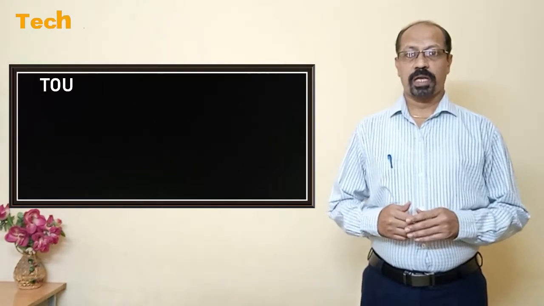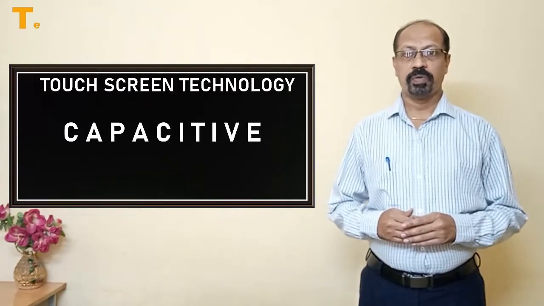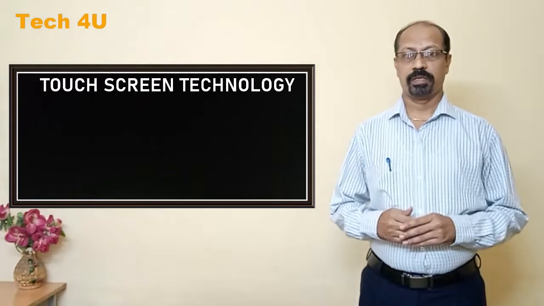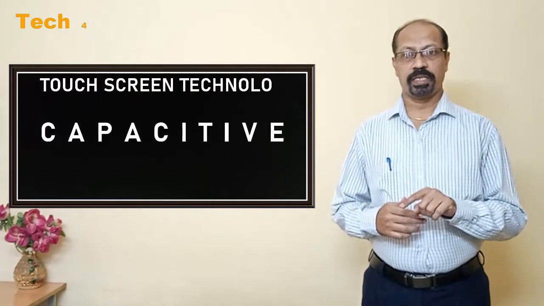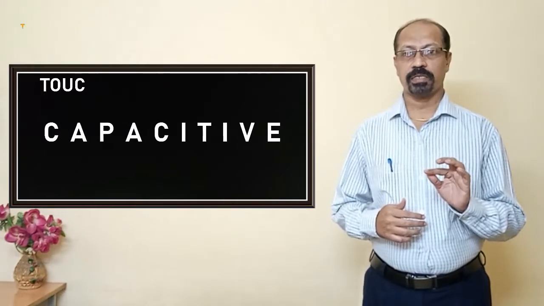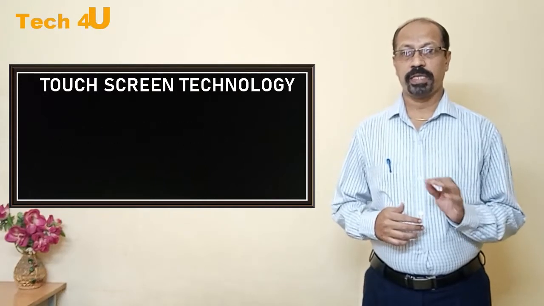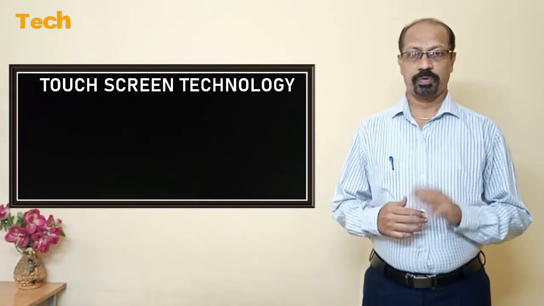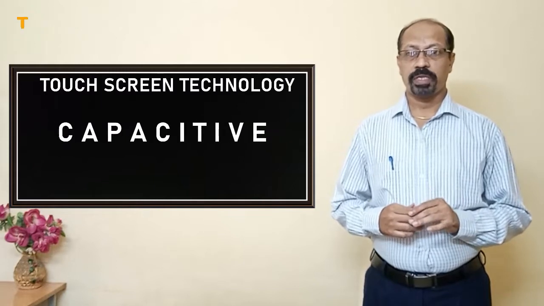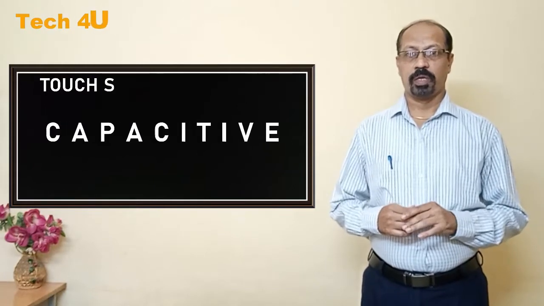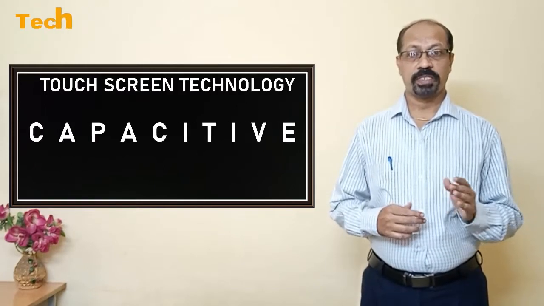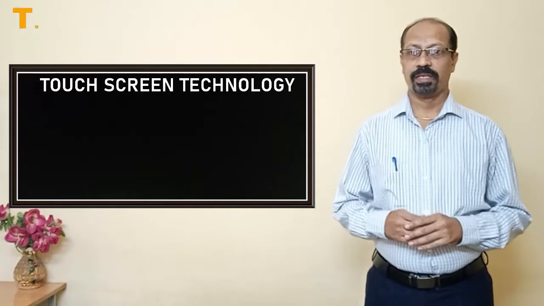The electrodes apply a low voltage to the conductive layer to form an electrostatic field. When your finger hits the screen, a tiny electrostatic charge is transferred to the touched area that completes the circuit. A voltage drop point is created at that point. The location of the voltage drop sends signals to the controller.